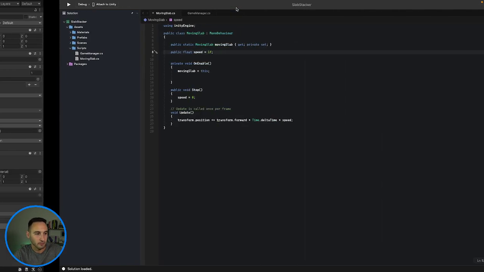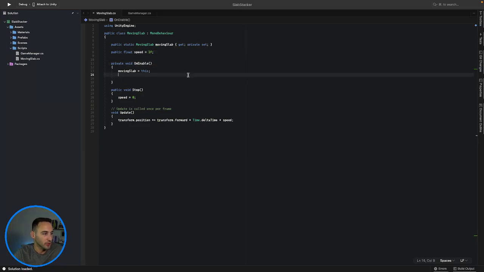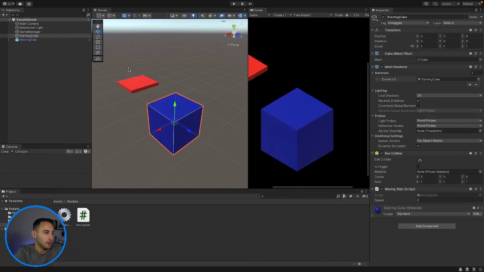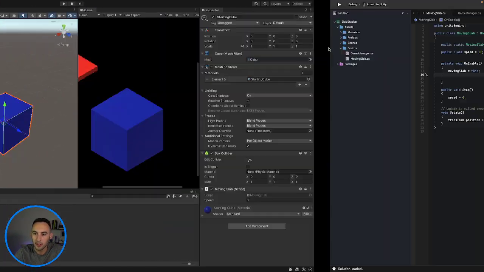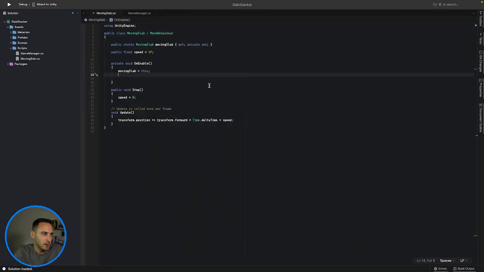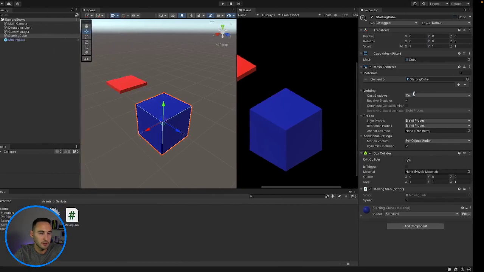First things first, let's look at our plan, because I haven't made this game in a while, so let's follow our same... Actually, is that a good idea? Because the last time we followed this plan it went wrong, but anyway, we'll see if it works. So what we're going to do first is we need to figure out the